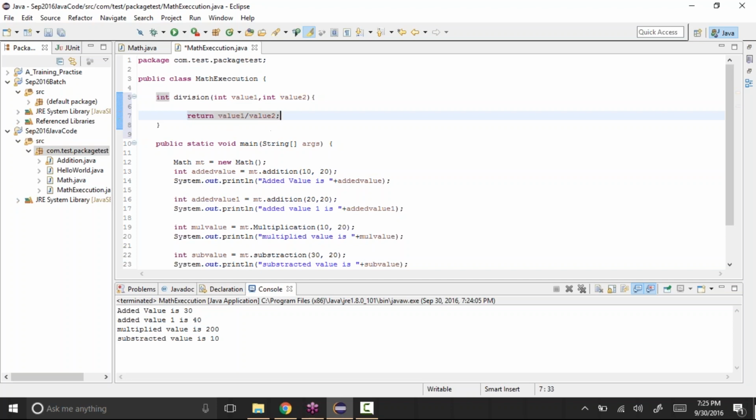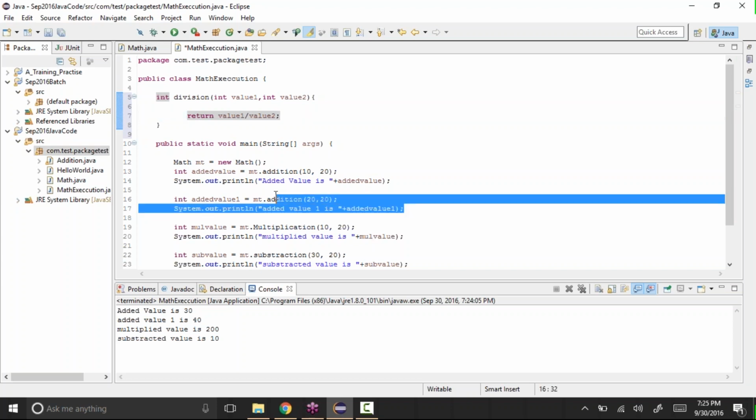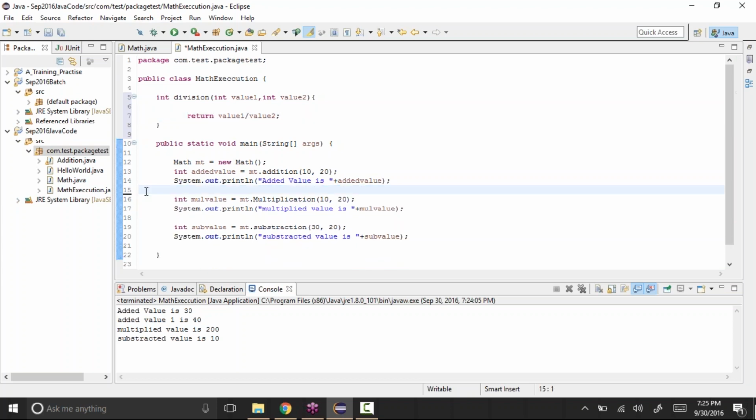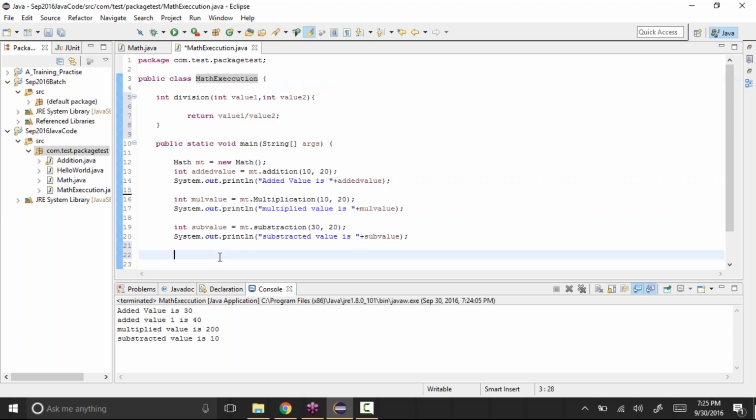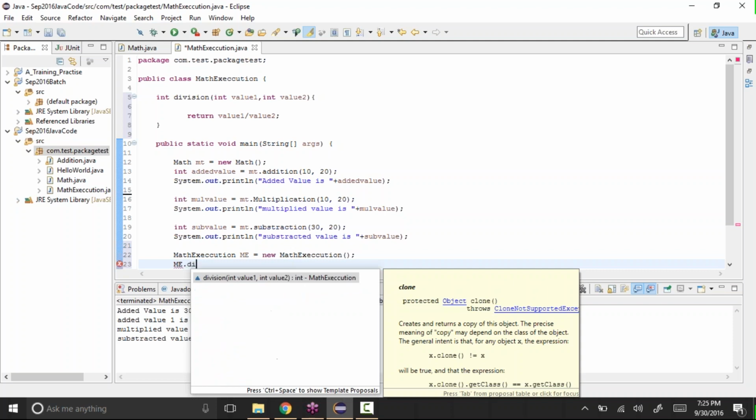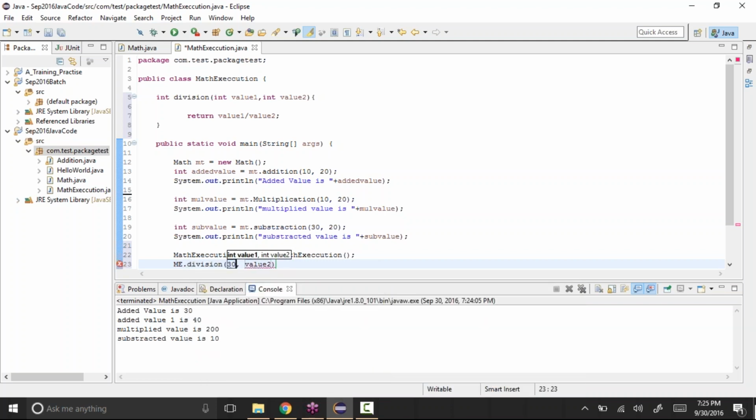So now in case you want to execute or call this method, let me remove this one. What we need to do is first create the object of that class, which is math execution. So how do we do it: math execution me equal to new math execution of, and me dot division, and value 1 is 30, let's say divided by 2.